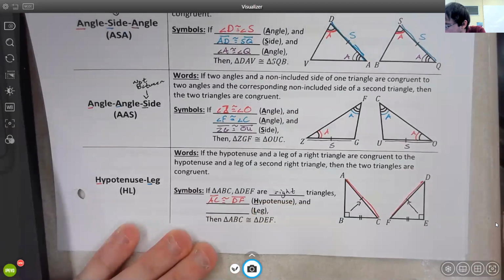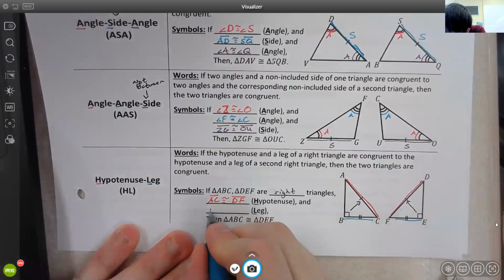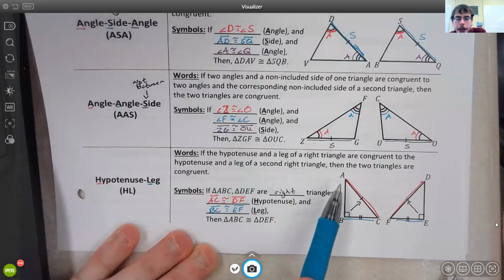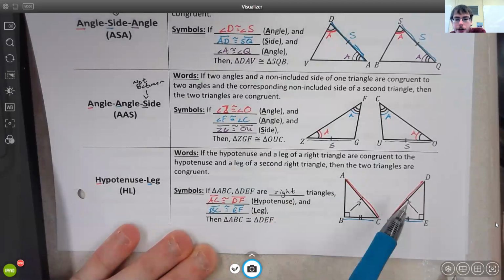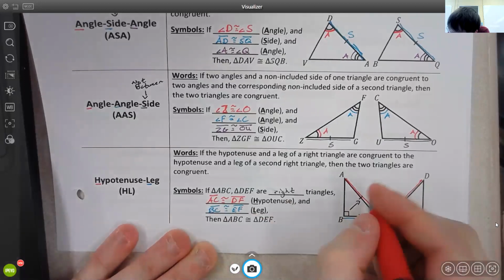And then the legs are BC and EF. Okay, now you could also have this other leg here. AB could have been congruent to DE instead of these two because it's still a leg. The legs always touch the right angles. Okay, so we'll put H,